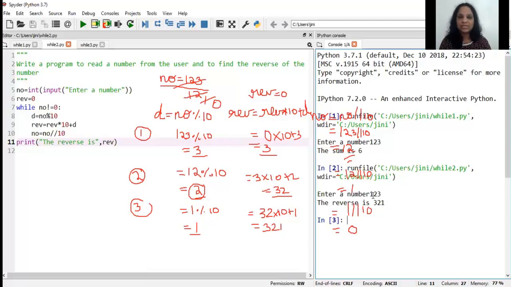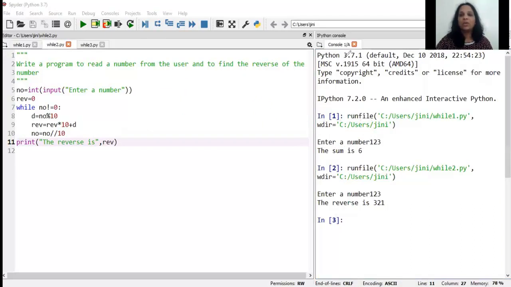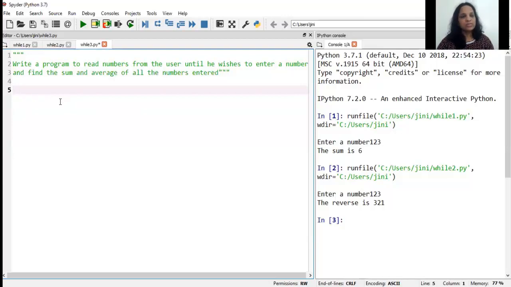Is that clear? Okay, now let me just clear my annotations, because I'm going to be taking you to another kind of program, which is condition based, but nothing similar to the first two programs. But this is also something that I would want to do using a while loop. Okay, now read. In this program, it's asking me to read numbers from the user until he wishes to stop entering numbers. Now, how do you know whether he wishes to or not? I'll tell you how to ask him, does he wish to enter a number? And what are you supposed to be doing? Finding the average and the sum of all these numbers, correct?